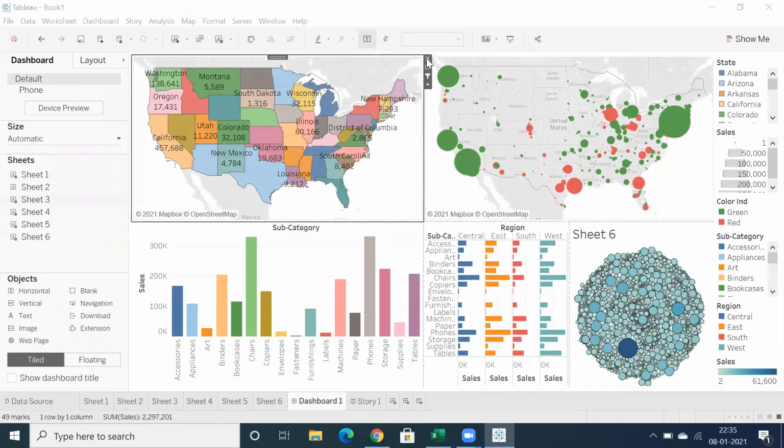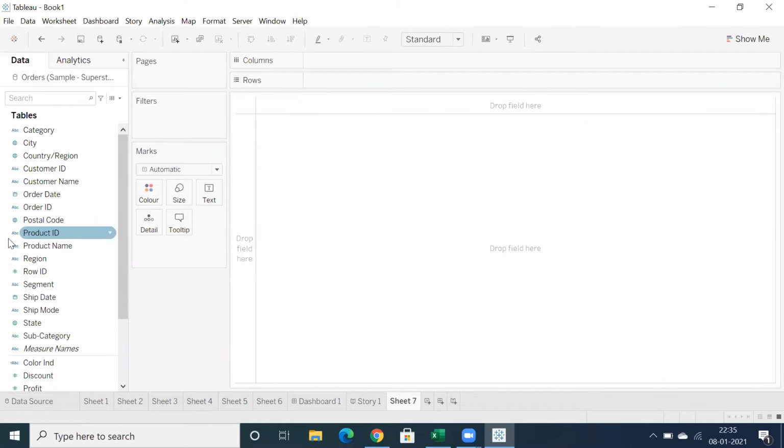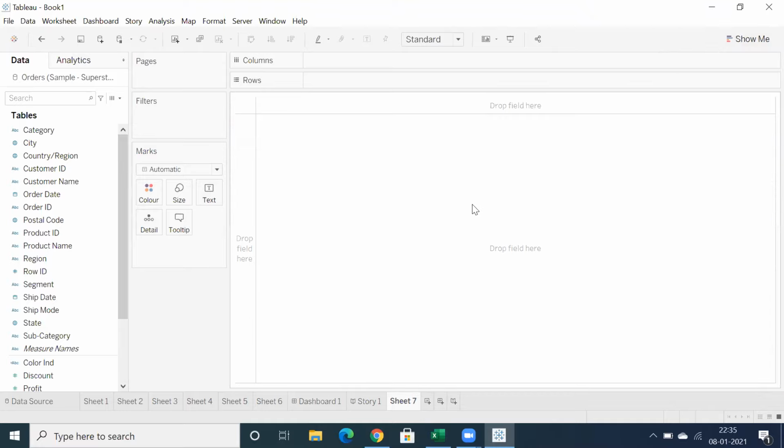Any questions? Basically, this is the flexibility. You can create a number of reports, a number of sheets, and you can play with the data. It's not only the creation of visualizations, we have lots of topics like parameters, actions, and data blending. You can connect to multiple data sources and create reports on top of multiple databases. That is one of the flexibilities of Tableau. And we do have a lot of calculations. Calculations are very important. Functions, visualizations, you can create different visualizations, and you can also create some custom visualizations as well.